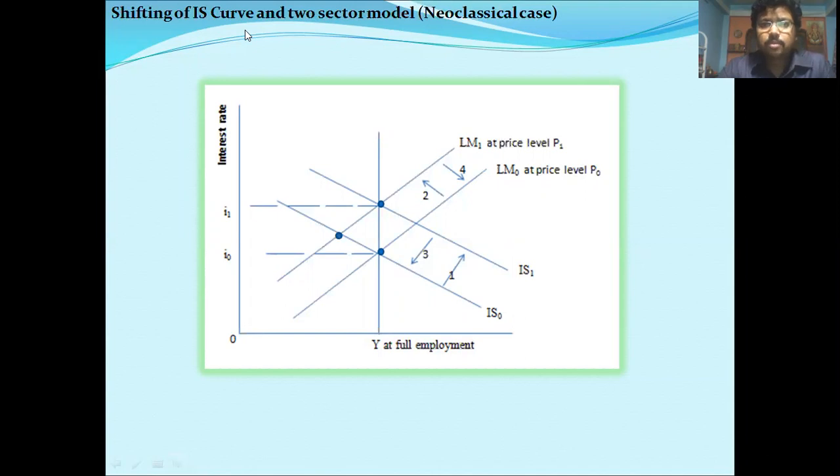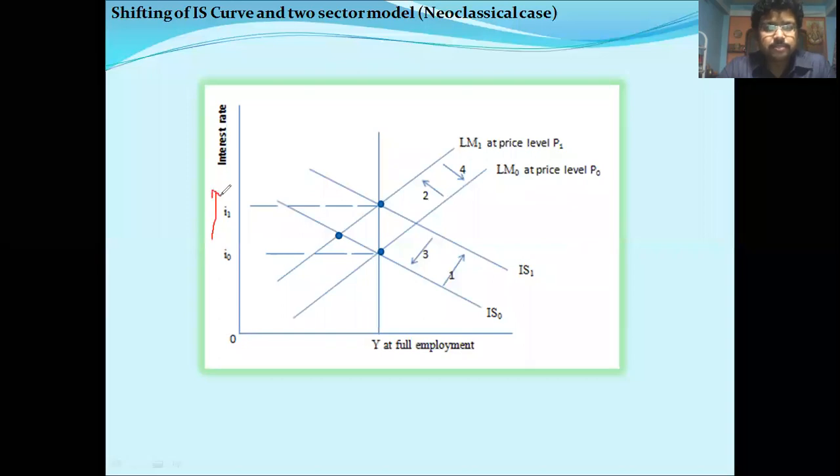Along the vertical axis, we measure the interest rate, and along the horizontal axis, we measure the real output. As you know, the IS curve is the locus of all the combinations of real income and interest rate